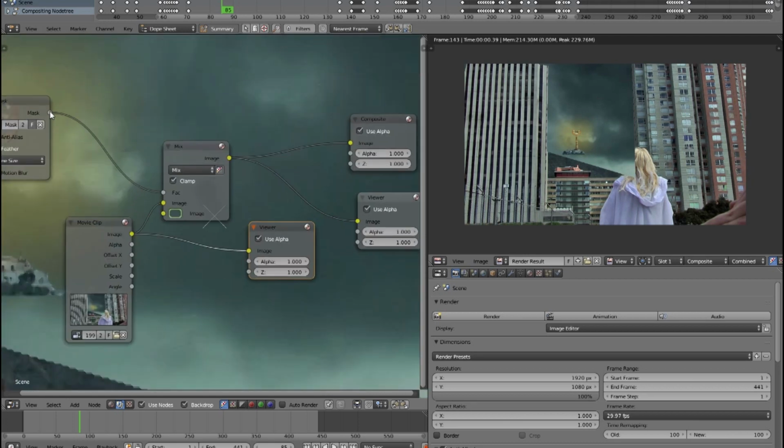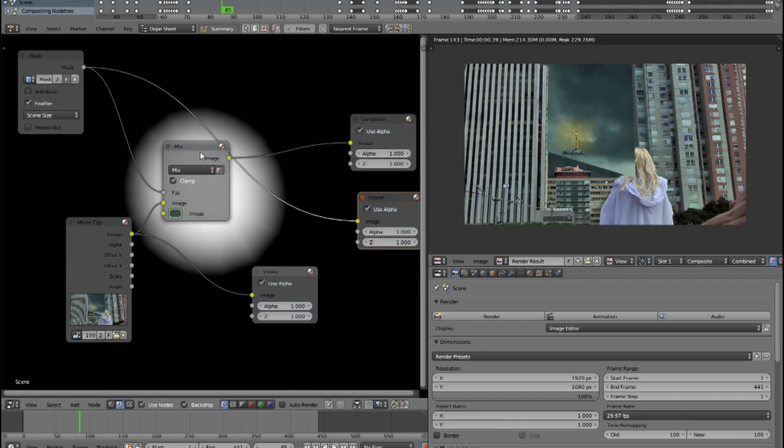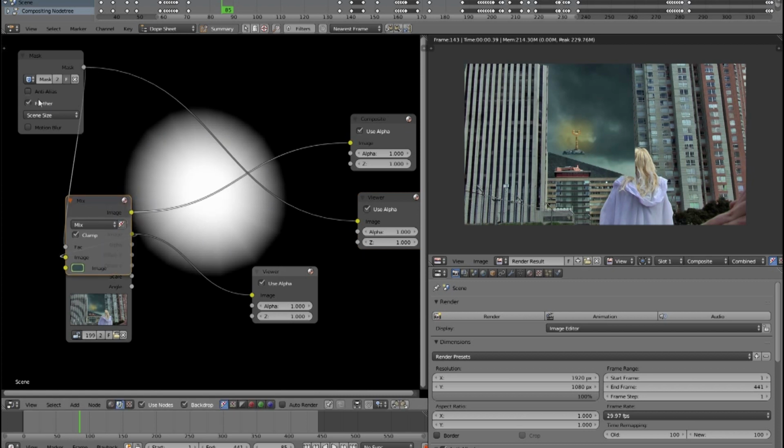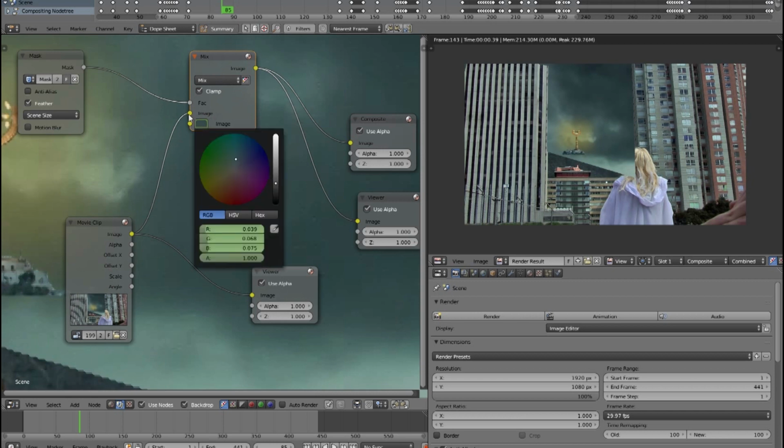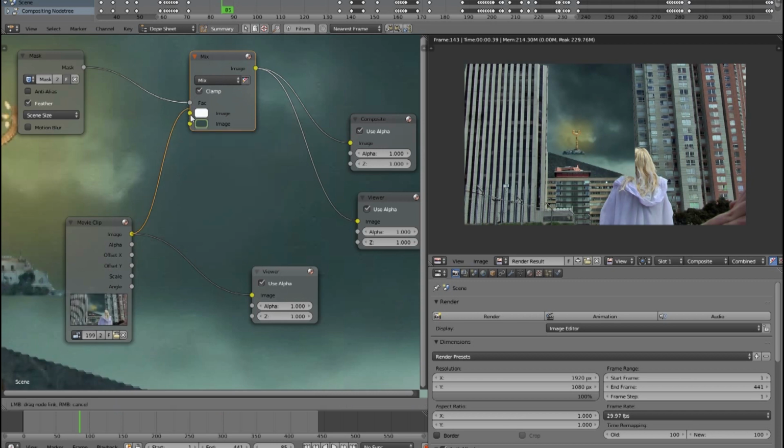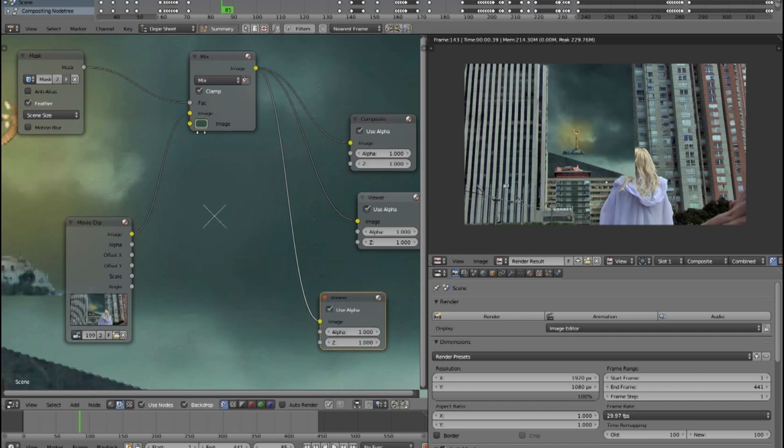My mask, if I want to see what that looks like, I can put that into a viewer, and there is our mask, what it's going to look like. It's going to feather out with feathering turned on. Now what I have here, I've got my movie clip going into the bottom layer, which is the top button, and then goes out. Look in this viewer, and if I don't put an image on top, I can just put a color. Say if I put red, we're going to get a red feathered out patch.